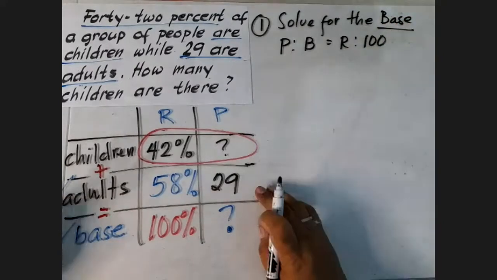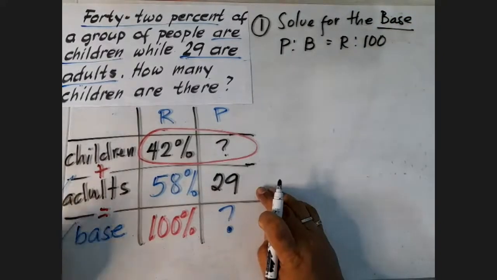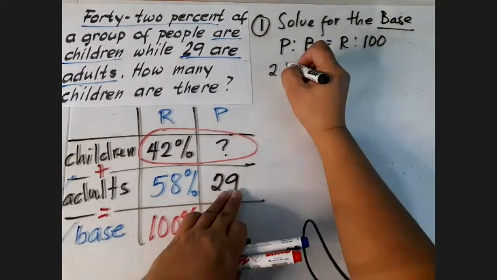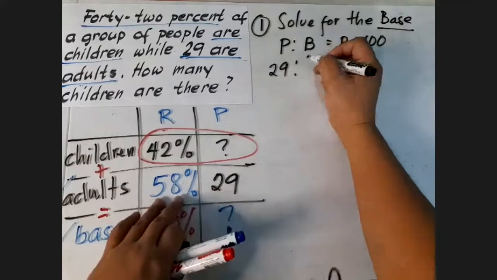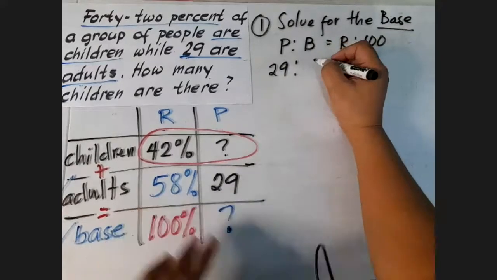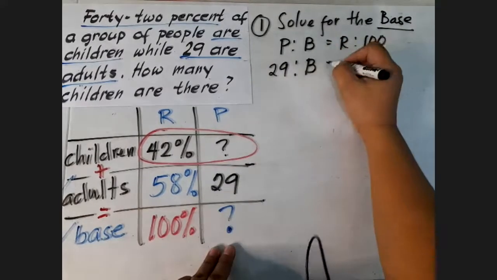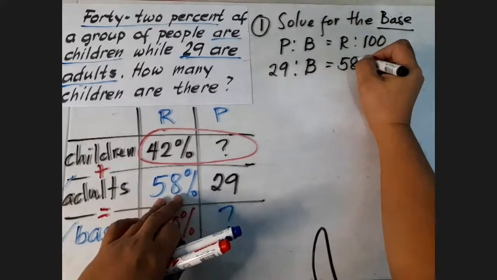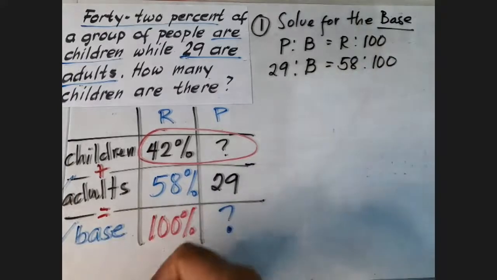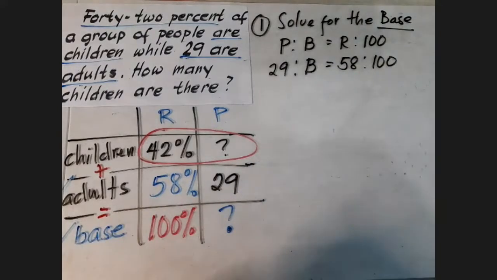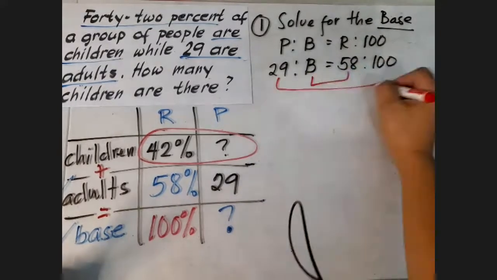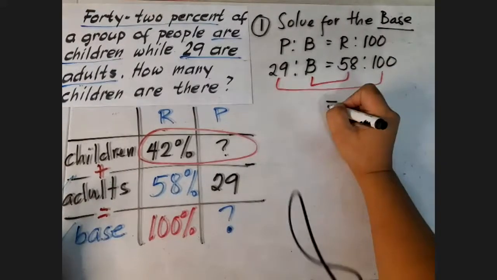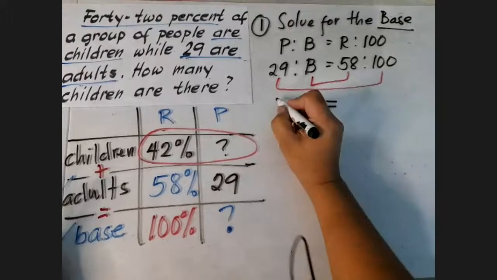Okay? So, gagamitin natin yung adults at saka yung base. So, P, that's 29, is to B, and the rate, 58, is to 100. Then, we get the product of the means and the product of the extremes, and they should always be equal. So, B times 58